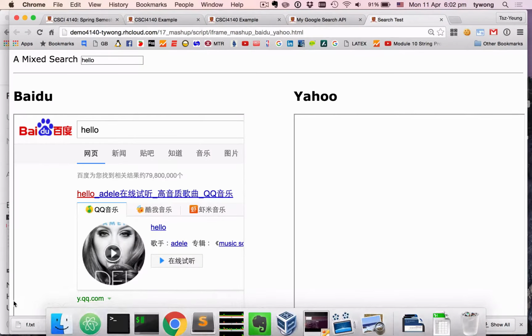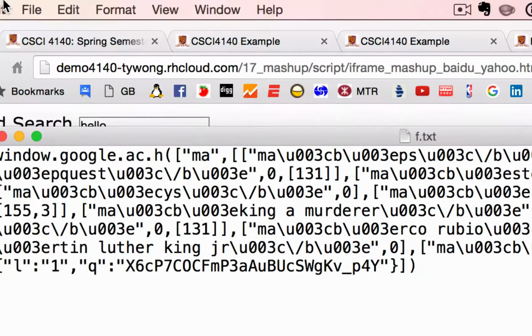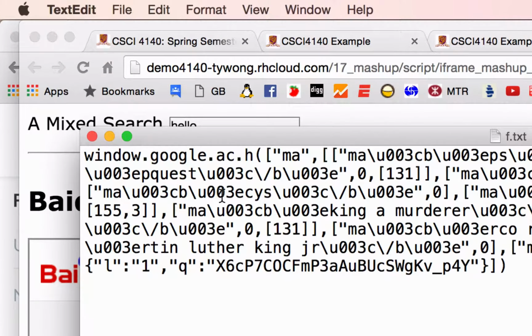Okay, so the f.txt, let me open it. When you open it, you see this. The reply itself is interesting. The reply itself is a function call. Understand what I mean? It's a function call. And the function is